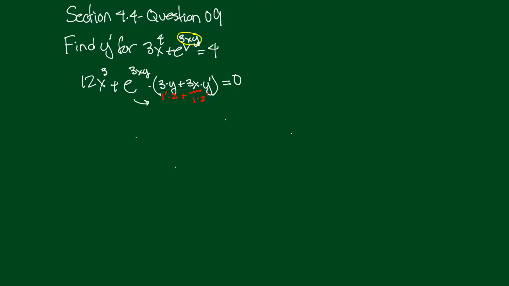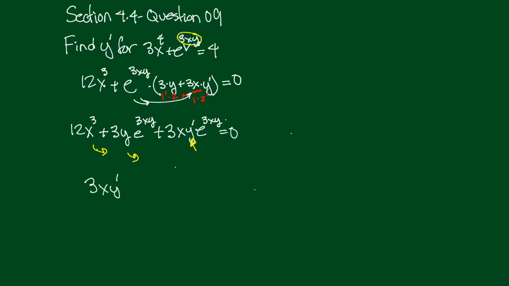So let's multiply through here. We're going to have 12x cubed plus 3y e to the 3xy plus, now I'm going to bring it over here, we'll get 3xy prime e to the 3xy equals 0. And we're trying to solve for y prime, so here's our y prime right here. So let's subtract and subtract. So that will give us 3xy prime e to the 3xy equals, now if I subtract those, I'll get negative 12x cubed minus 3y e